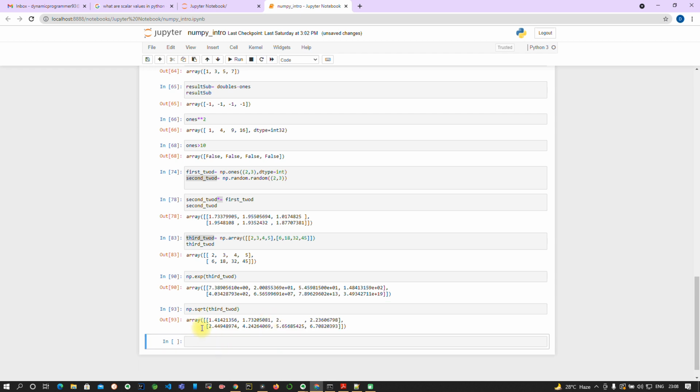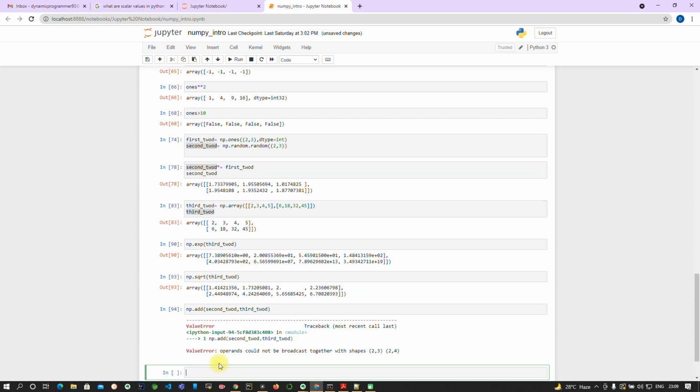There is also a mathematical operation I will show you, the add function. You can pass two arguments, as two arrays. We already have a second and a third array. So what we will do is np.add. Okay, this error is coming because the shapes are different.